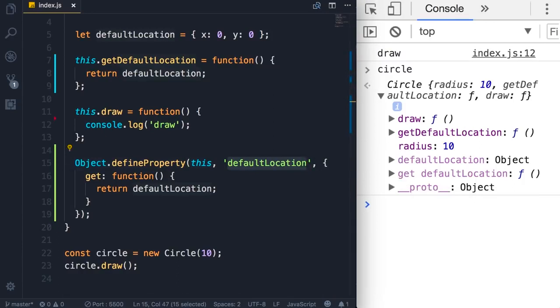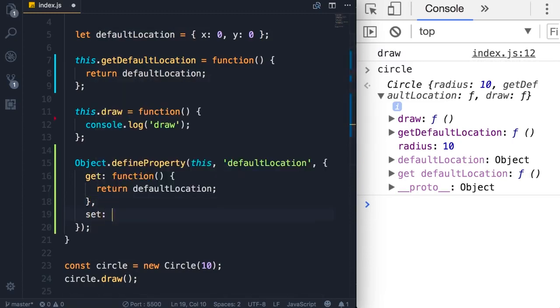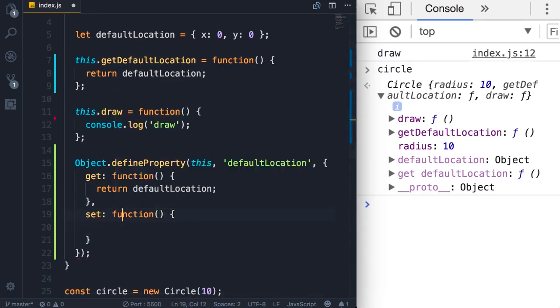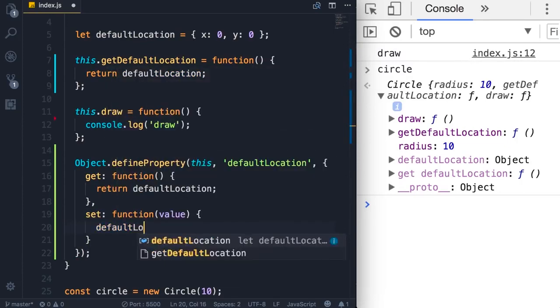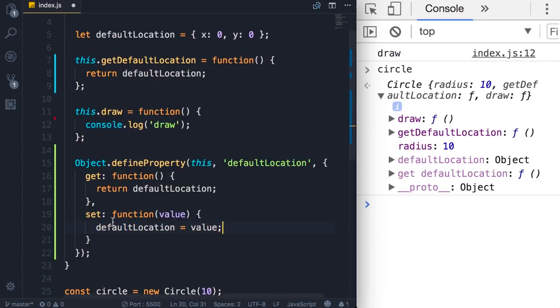Now, if you want to set the value of this property from the outside, we define a setter. So in this object, we add another key value pair. The key is set, which is a special keyword, and the value is a function. Now this function takes an argument called value. We can set this default location to this value. But what is interesting is that because we are using a function, in this function, we can perform some validation for this value before setting the default location. For example,